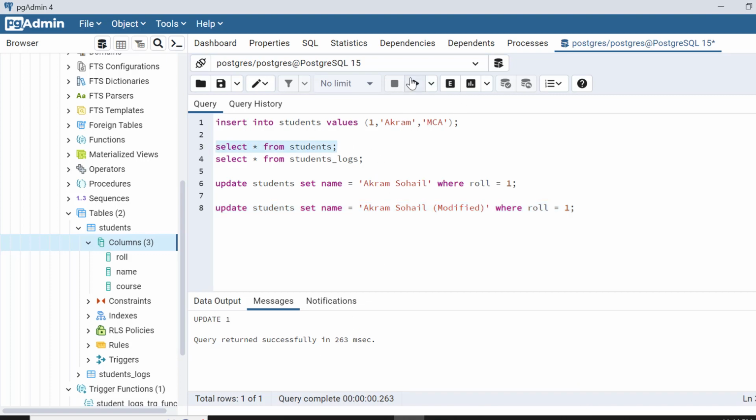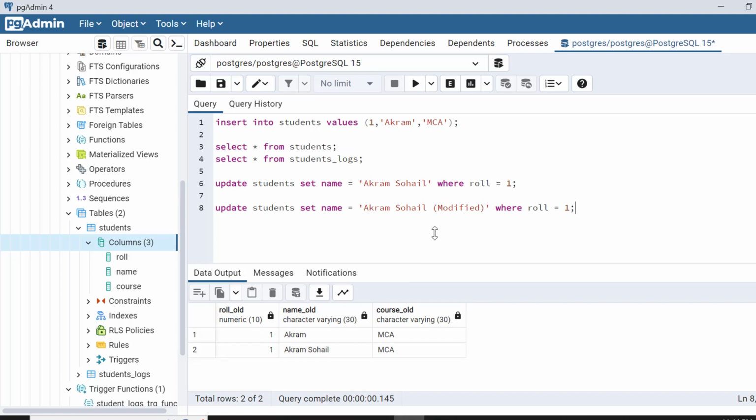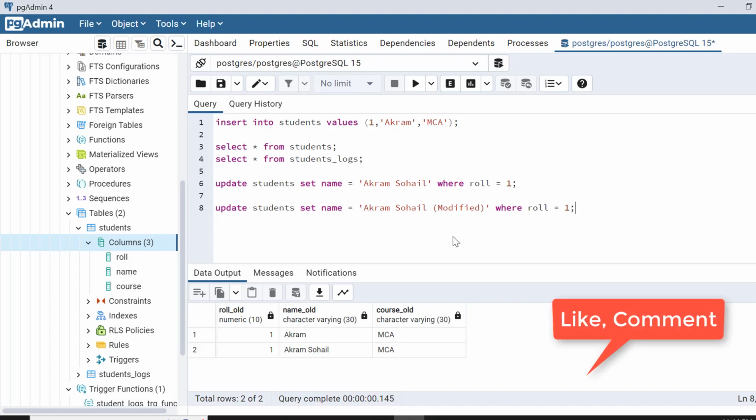Let's check the data from the students table. So the students table data contains these things because we just did this, but in the logs table there will be how many entries? There will be a total of 2 entries, because the first entry was when we changed Akram to Akram Sohail, and the second entry was when we changed from Akram Sohail to Akram Sohail modified. Okay, so here we got 2 entries, and this will happen for all the records. For now we have seen that whenever we update the values, the logs are getting captured. So let's check